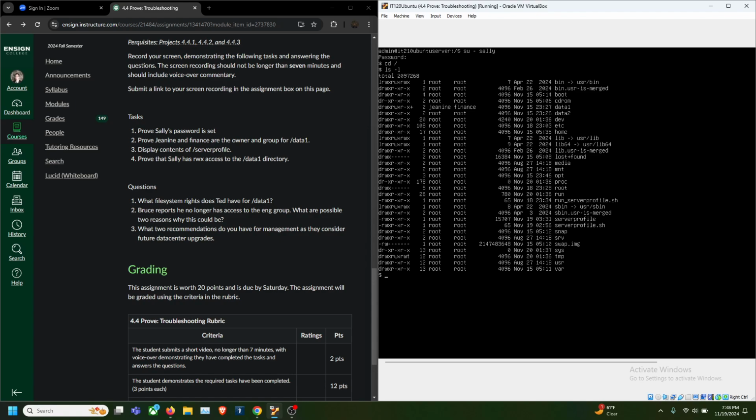Well, maybe I won't. The next thing I want to show is that Janine and Finance are the owner and group for Data 1. So we see here, we just went to our CD, the main directory, and did a list command, and we see that for Data 1, Janine and Finance are indeed the owner and group. If you look further down the list, you see server profile. I actually made it an executable, but I'm not going to be showing that